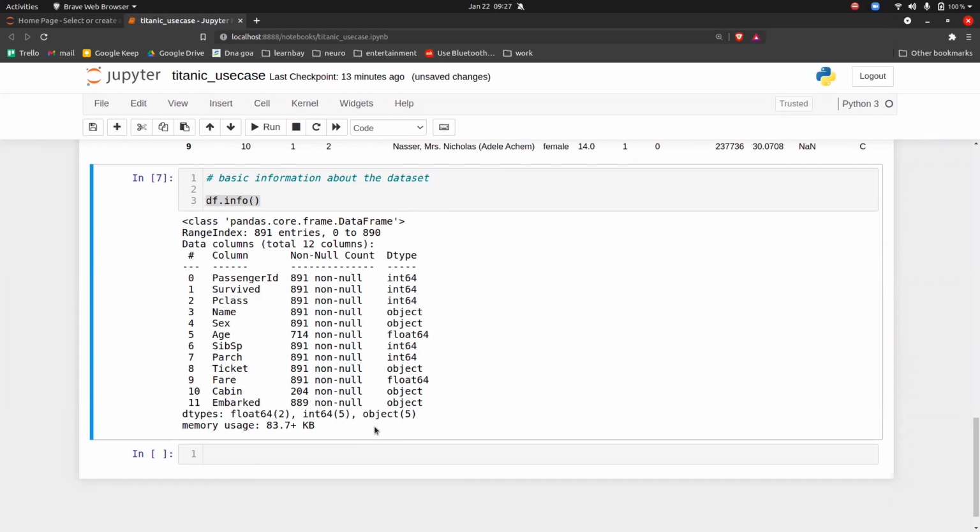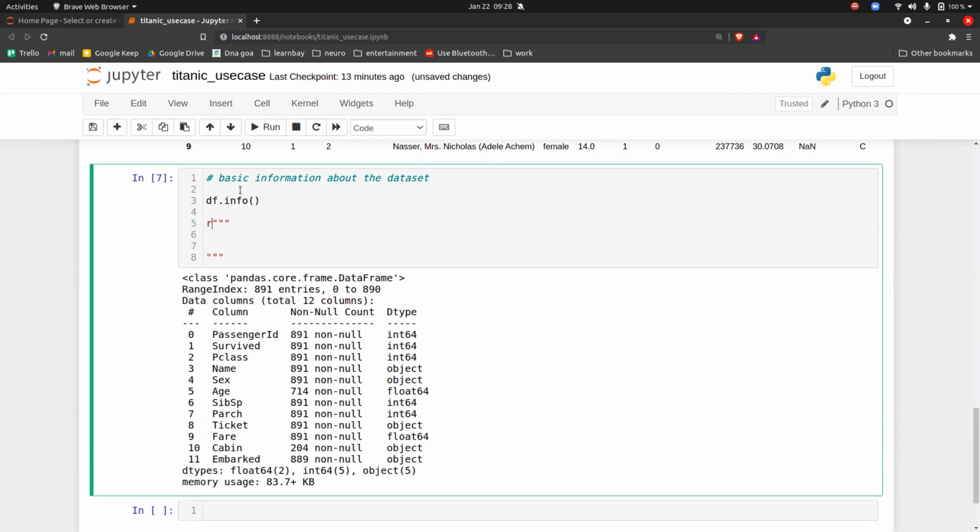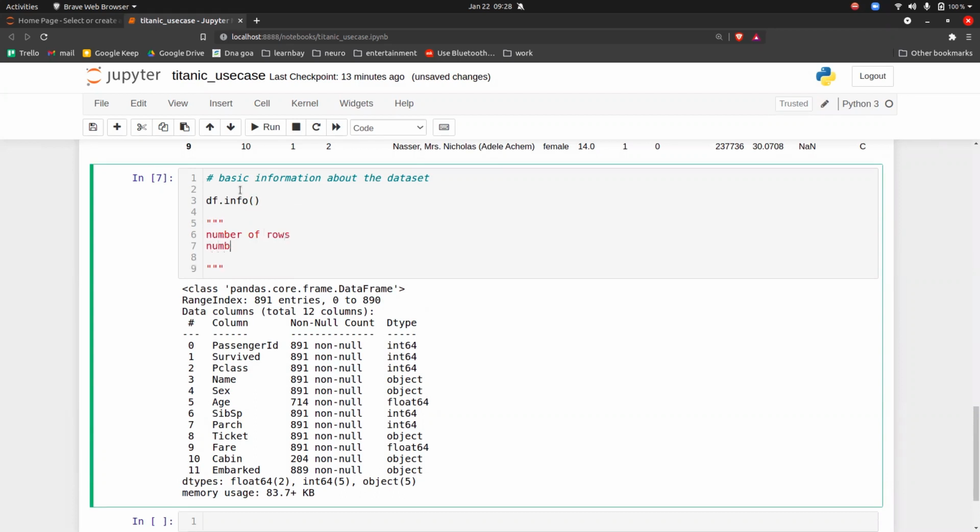Now, what all information can you give from this info, guys? The information that you have given me from this df.info is the number of rows. You have also given me the number of columns.